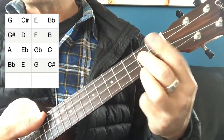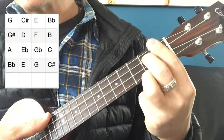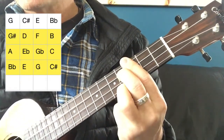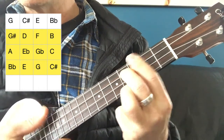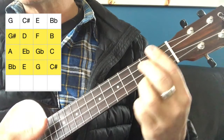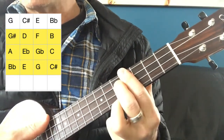So really we could just hold these 3 bar shapes. Forget the open one. We've got 1, 2, 3 shapes, all exactly the same, just depending on what fret you start with, the 1st fret, 2nd or 3rd fret. If I went up one more,